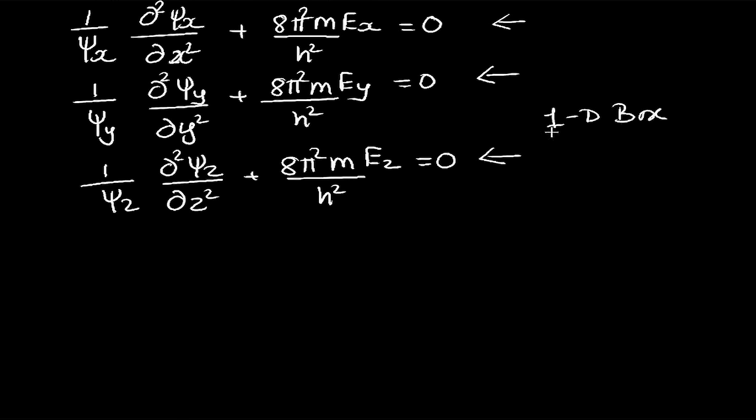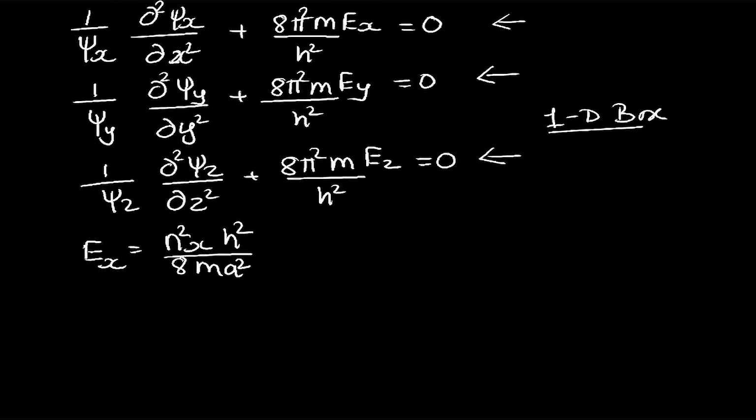Okay, so these are the same differential equations that we have solved for the particle in a one-dimensional box, and hence that solution we could directly apply to these three expressions. As a result, the first expression represents the energy along the x-axis, the second the energy along the y-axis, and the third the energy along the z-axis. So hence the energy Ex will be given as